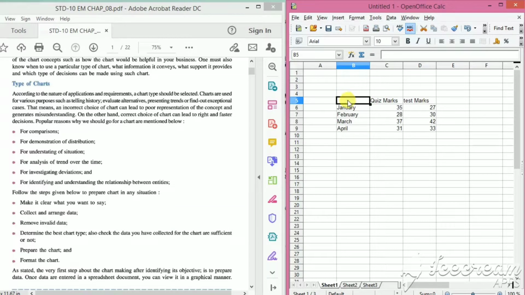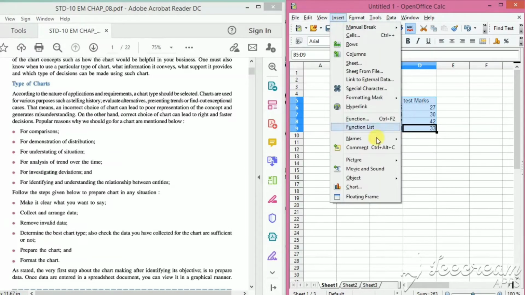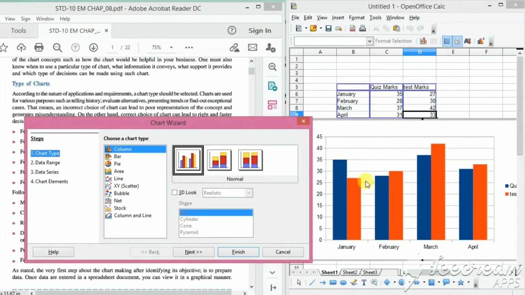After inserting the data, select your table. Go to insert chart. To insert a chart in Calc, go to Insert and select the Chart option.